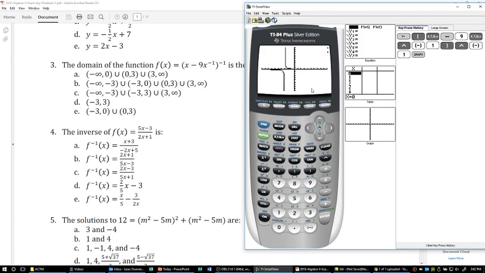okay, so domain is a way to describe the x values that it's hitting. So it looks like it's hitting all of these x values, and then it hits all of these x values, and it hits all of these x values. I'm a little suspicious here. Okay, so even though it looks like it's hitting all of these x values, it's actually missing where x equals